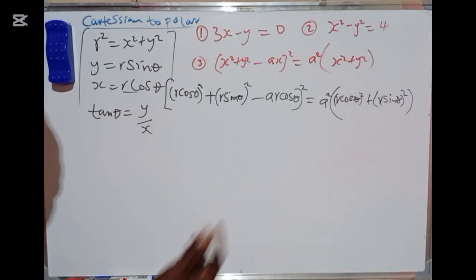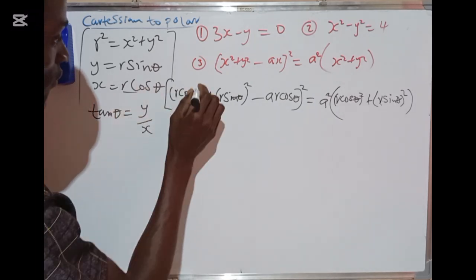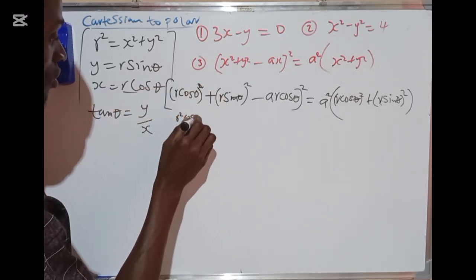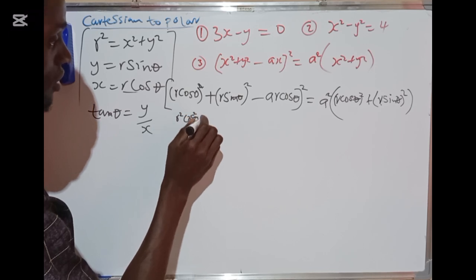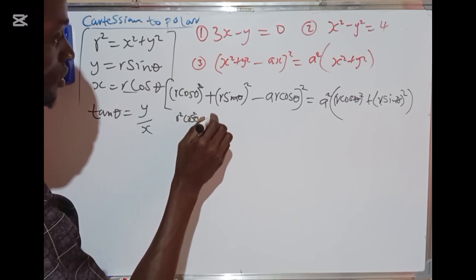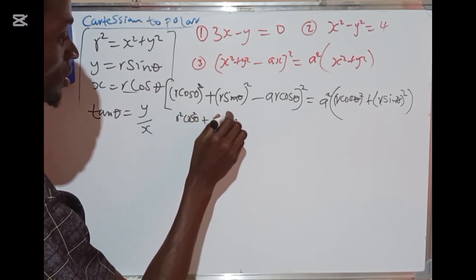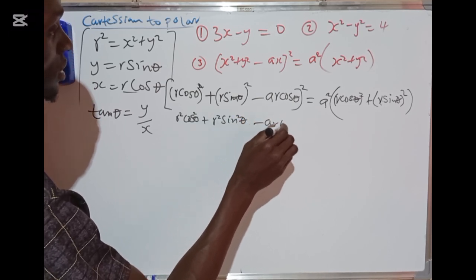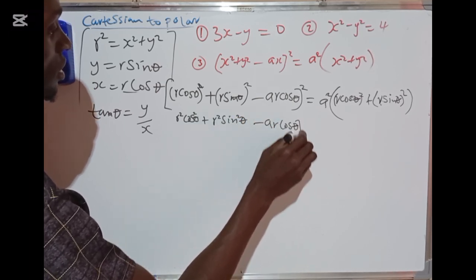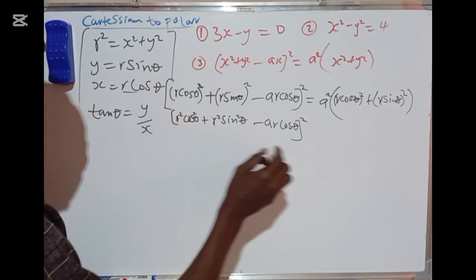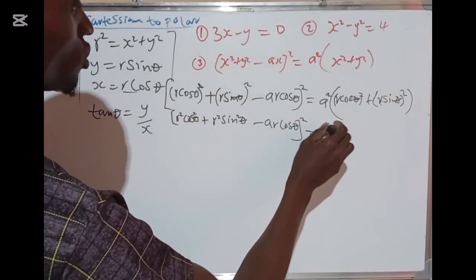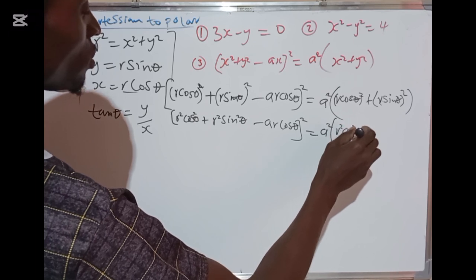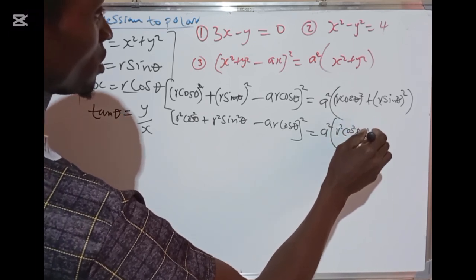Alright, so this is equivalent to r square cos square theta plus r square sine square theta minus ar cos theta, everything squared, is equivalent to